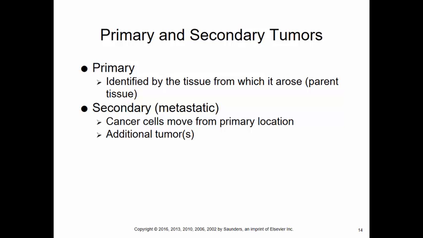Secondary tumors are, like I said, when a tumor metastasizes and the cancer cells move from the primary location to a different location. This is a kind of difficult aspect of secondary tumors because a secondary tumor is still considered a tumor from the original tissue. So for example, if you have breast cancer, it is your breast cancer that metastasizes to your lungs. You don't suddenly have lung cancer even though a secondary tumor is found in the lungs. So we always name it from the primary location.